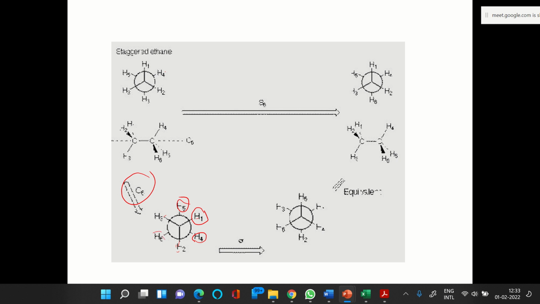So this is a C6 operation, which itself is not a symmetry operation in the case of ethane, but the combination of C6 plus sigma is. Now you reflect it in a perpendicular plane. So reflection through a perpendicular plane. What will happen? Whatever is visible in front will all go behind, okay, and the screen will come in between. I said that the carbon is in front of you, and the line of C-C bonds is going across the screen, through it. So the other carbon atom is behind, visualize it like this. And now when we do the reflection,